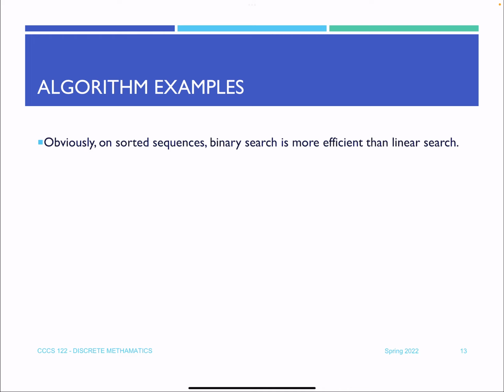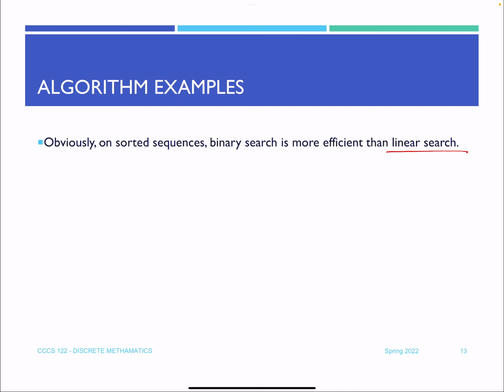Obviously, you have to perform many fewer steps in the binary search algorithm, which means that it is much more efficient than a linear search algorithm. The prerequisite, of course, is that the sequence already be sorted in ascending or descending order. And in this small example, it might seem like the binary search algorithm involved more thinking, more steps, more decision making. When you work on much bigger examples, just to give you an idea,